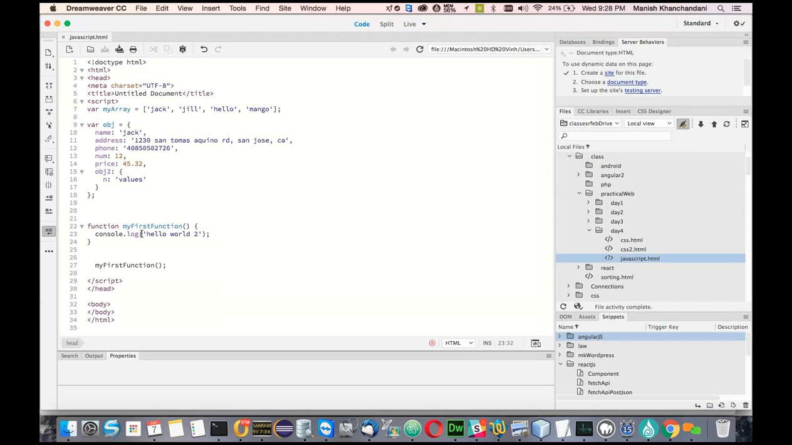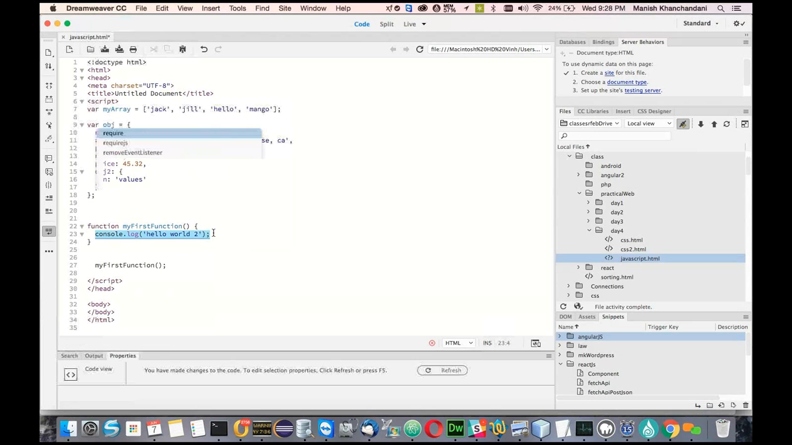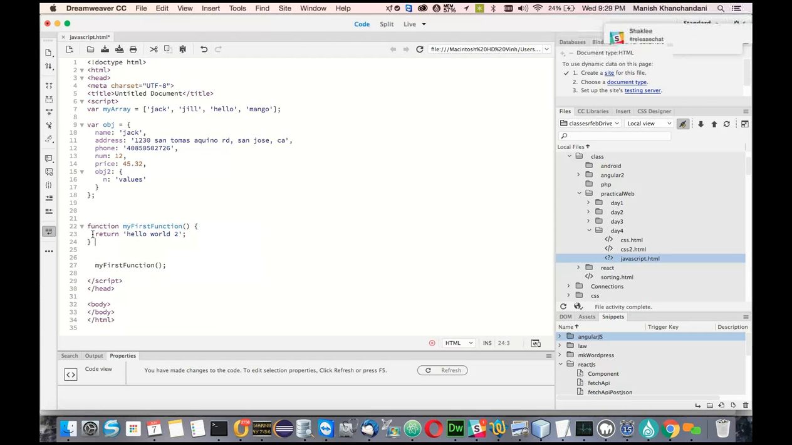So what do we have to do? If I want to save it in the memory and use it after some time, then I will just do return. And what do I have to return? I have to return hello world 2. So whenever I have written my function, and I say return hello world 2,